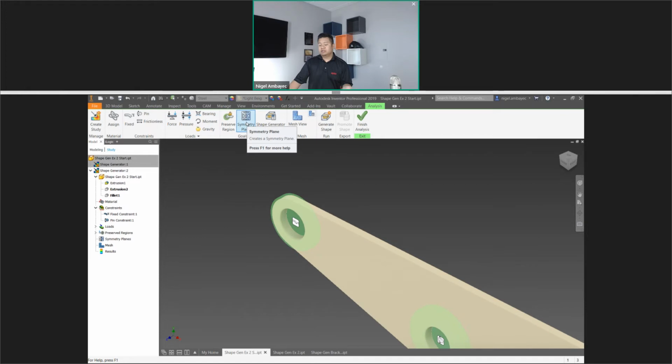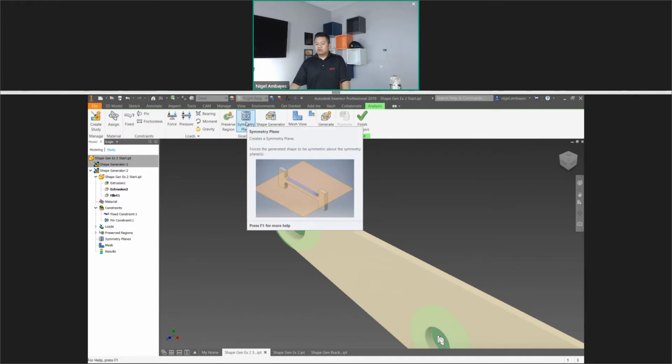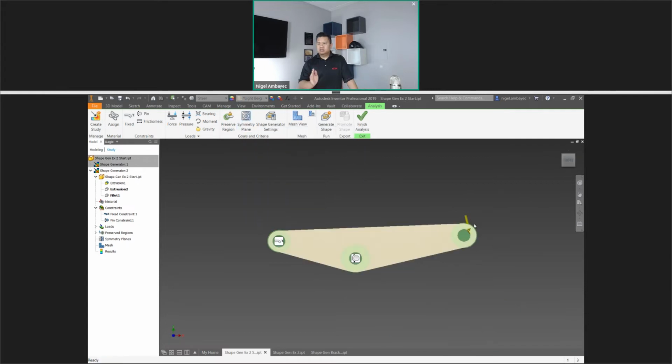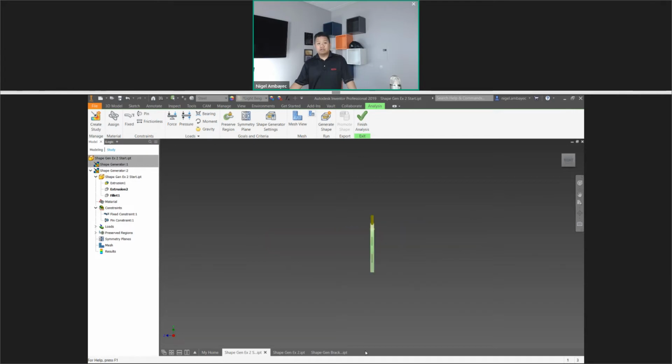So let's go ahead and take a look at symmetry planes. And it is as it sounds like, right? So you want to create a plane where this creates a symmetrical shape on both sides. In this case, for this guy, probably not creating a symmetry plane straight down the middle in this direction, right? It actually probably won't create the part for you. We're going to want to create a symmetry plane somewhere on the midplane of the part here in this direction, right? We want it to be the same on the left side of the center line, the right side of the center line. So let's go ahead and create that